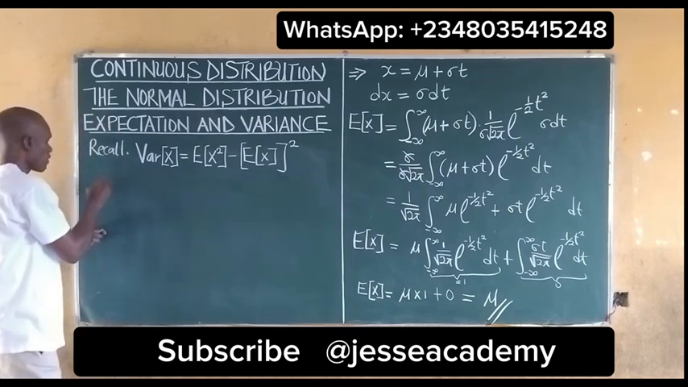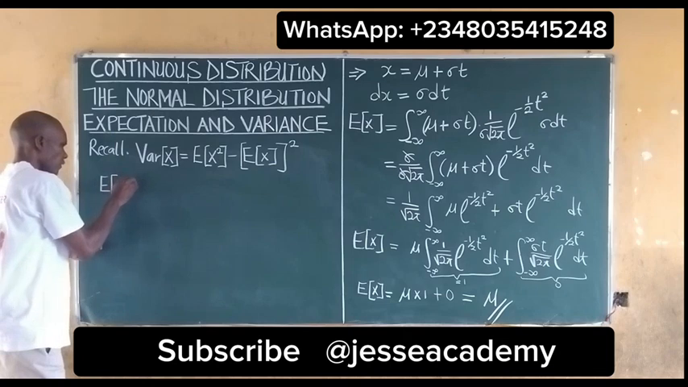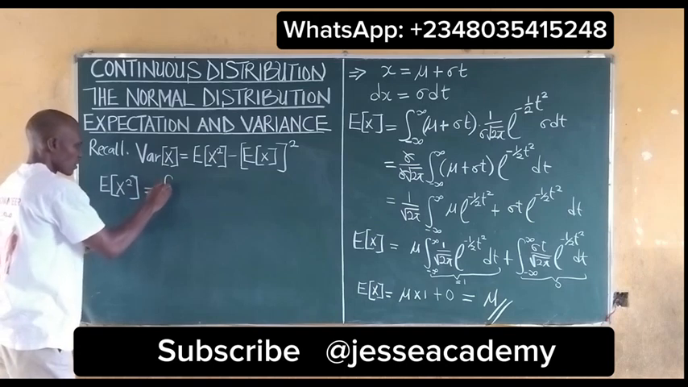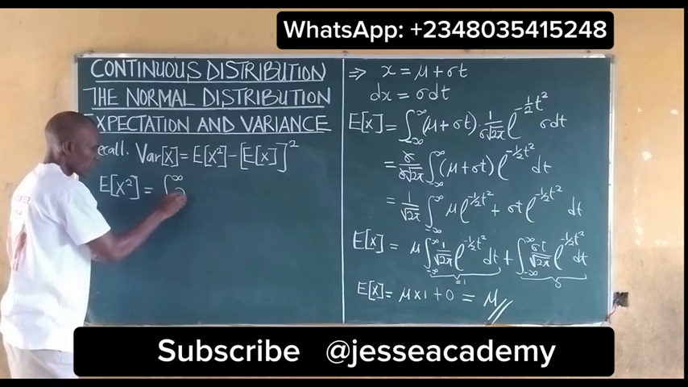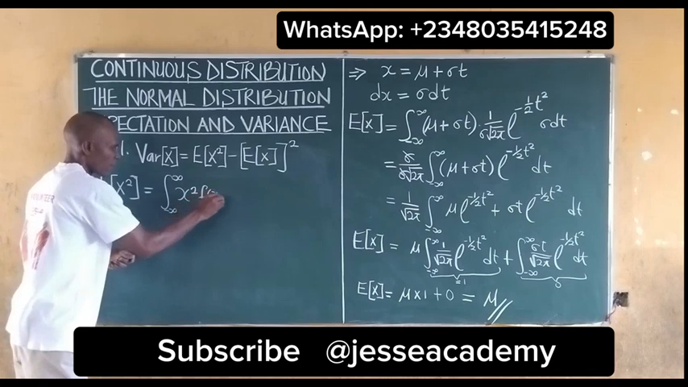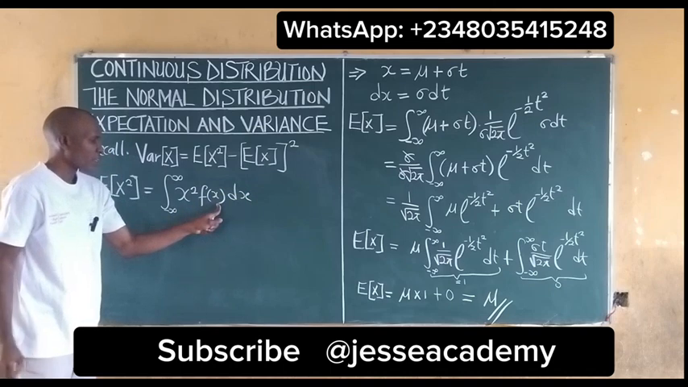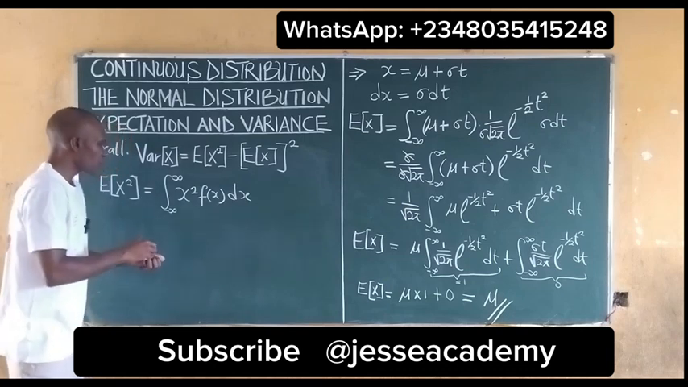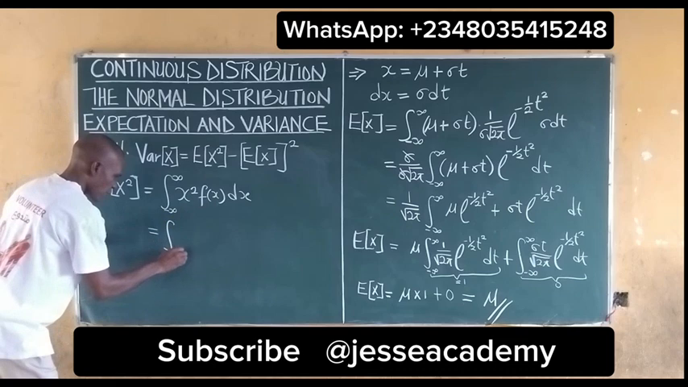variance. So we have the expected value of x squared for the continuous distribution is equal to the integral from negative infinity to infinity of x raised to the power of 2 multiplied by f of x dx. Of course, f of x here is the PDF. The next thing to do is to impute the PDF into this, which is equal to the integral from negative